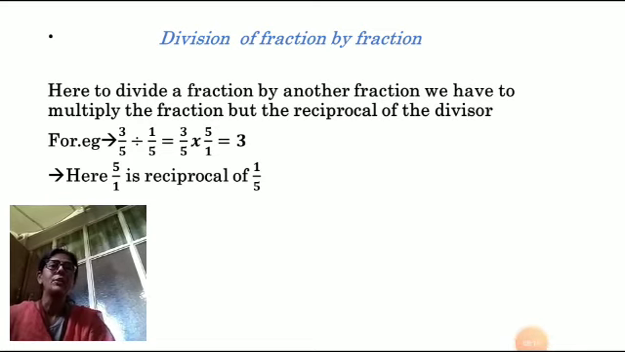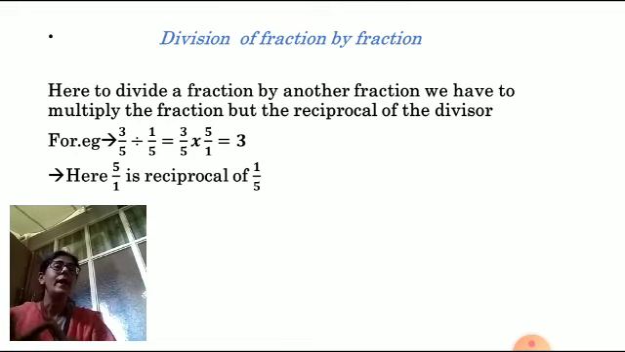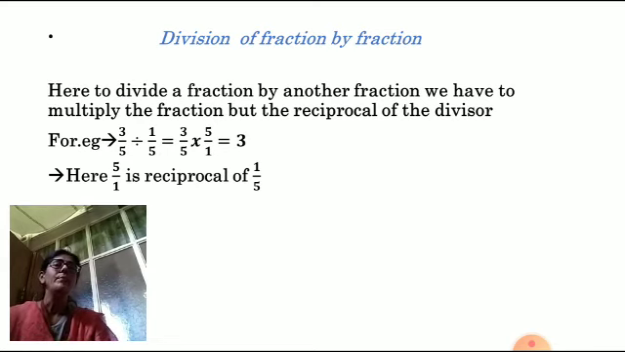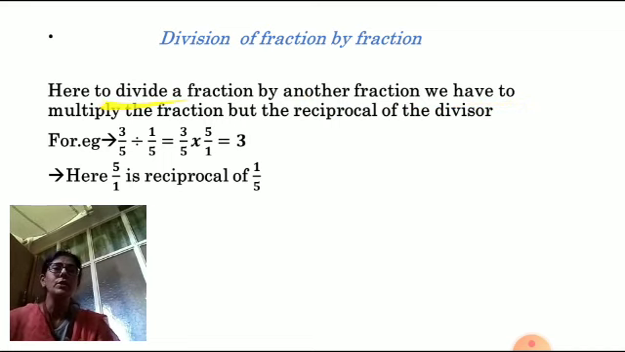Now division of a fraction by a fractional number. Just now we have learnt about the division of a fraction with the whole number, then division of a whole number with the fractional number. Now we have to learn about the division of a fraction by another fraction. To divide a fraction by another fraction, we have to multiply the fractional number by the reciprocal of the divisor. Here in the example, I have taken the number 3 upon 5 divided by 1